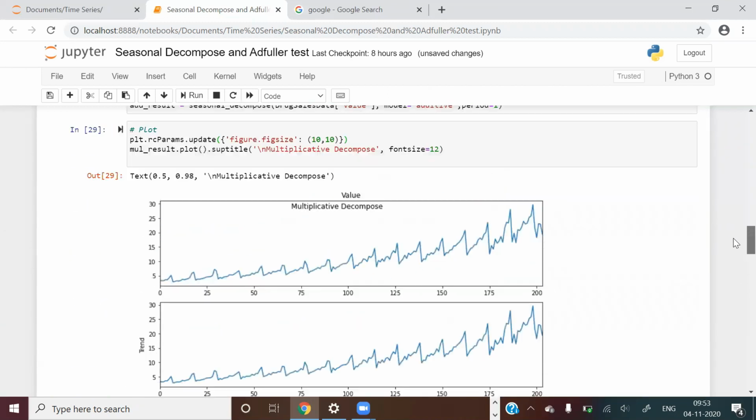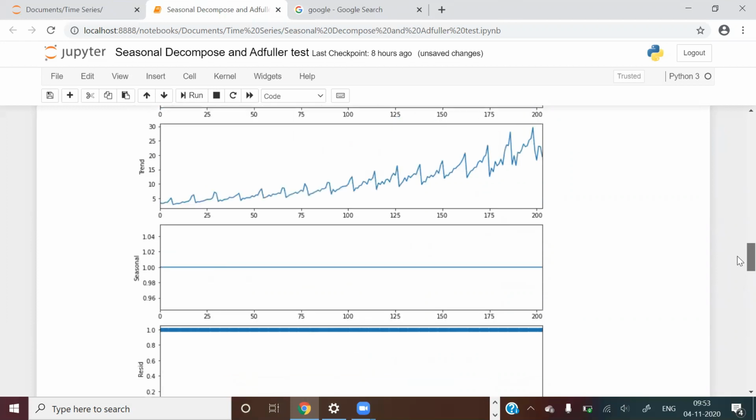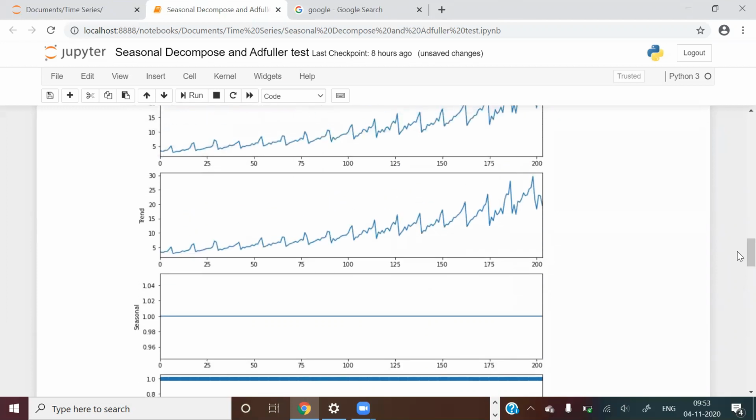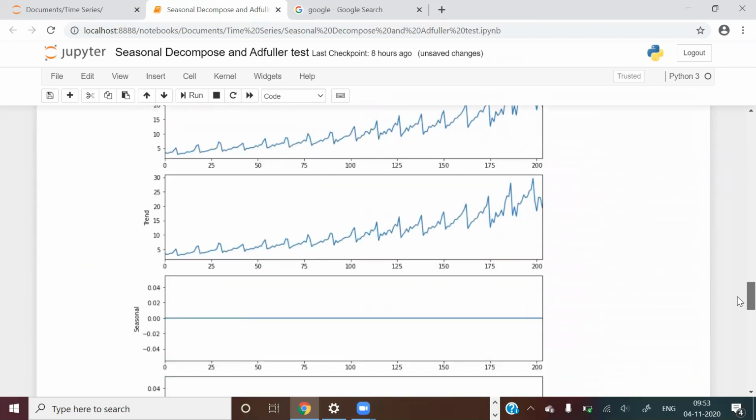Now looking at that chart, what we can analyze is there is definitely a trend component in the time series, but the seasonality component seems to be less prominent. Okay, we would also want to see the values of what is actually the trend component and what is actually the seasonal component in a data frame kind of thing, right? That is what I am going to do next, right?